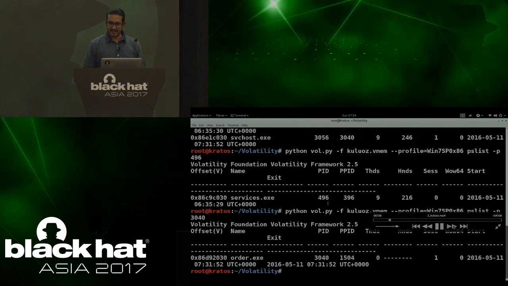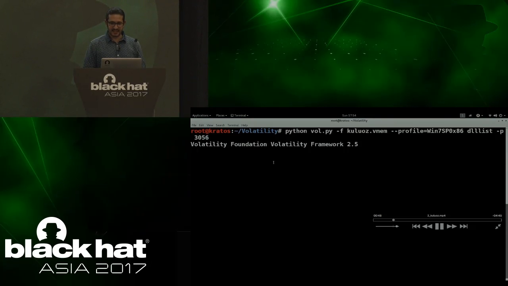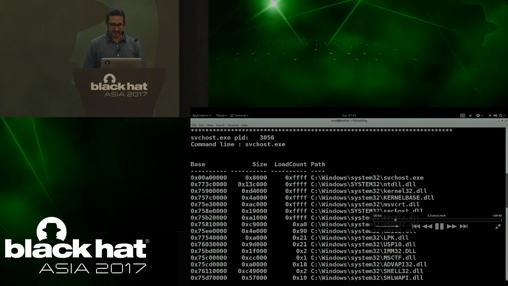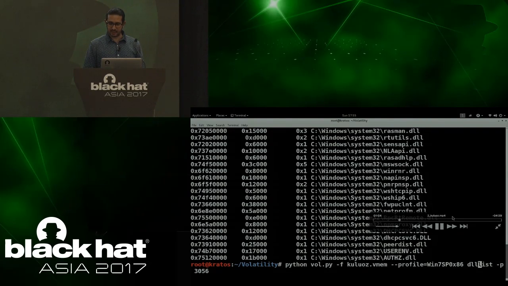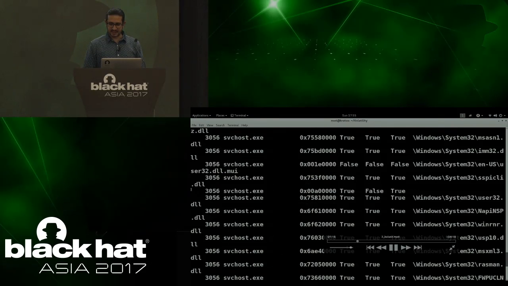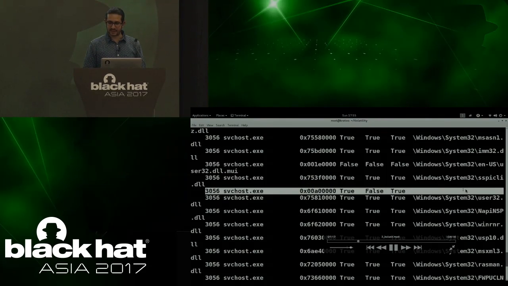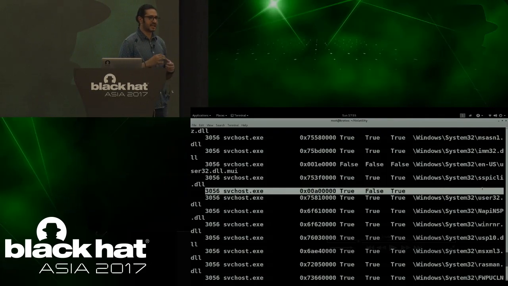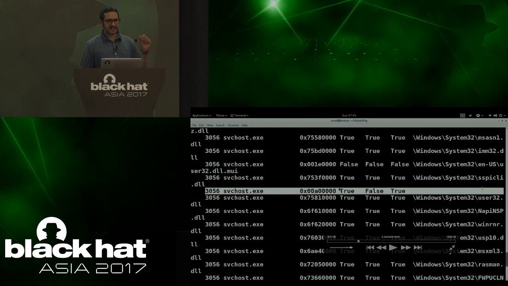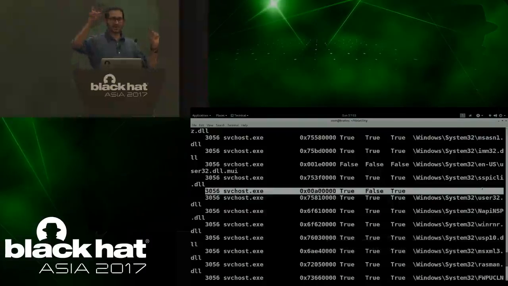Okay. Then comparing the PEB list, the DLL list from the PEB, you see that according to the PEB, svchost.exe is loaded at this address, A followed by 4 zeros. Okay. And then let's look at ldrmodules, what it says. At the same address, you will see that there is no path to the executable. Notice, this is similar to Stuxnet. Now, if you know traditional hollow process injection, you will think that this is a Stuxnet kind of hollow process injection. But remember what's in this address? It's the svchost.exe code that is just redirecting.